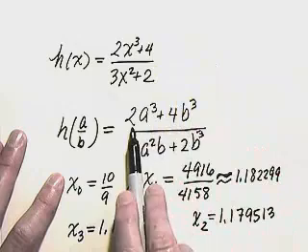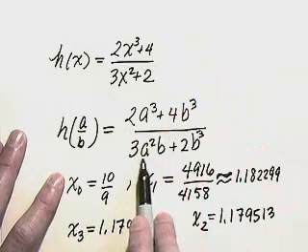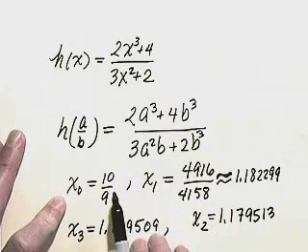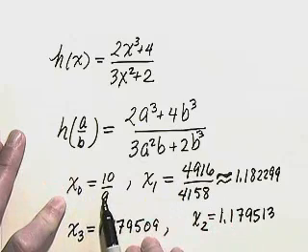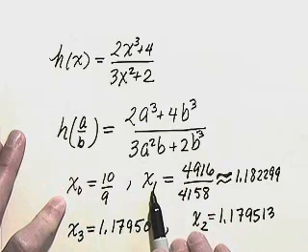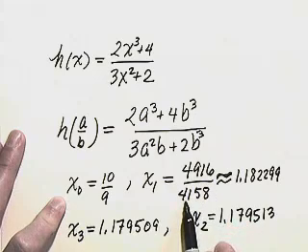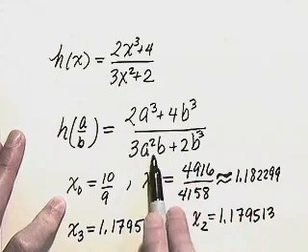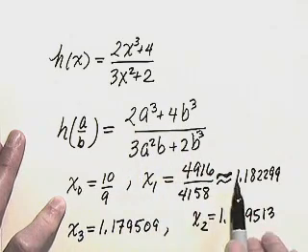And so that results in 2a cubed plus 4b cubed divided by the quantity 3a squared b plus 2b cubed. So now what we'll find is when we start with our x naught equal 10/9, then x1 is 4,916 over 4,158, just by putting 10 in for a everywhere and replacing b by 9. And that's approximately